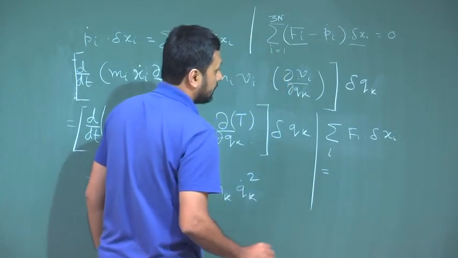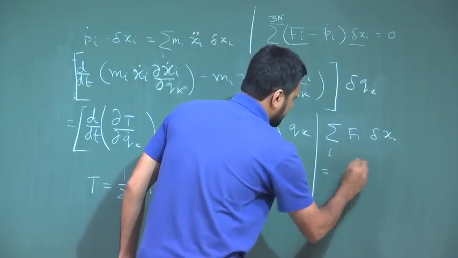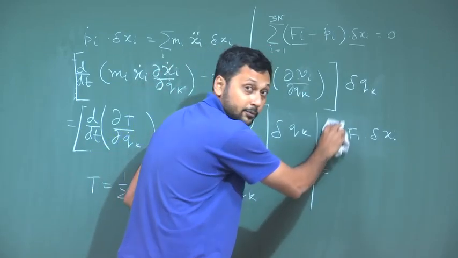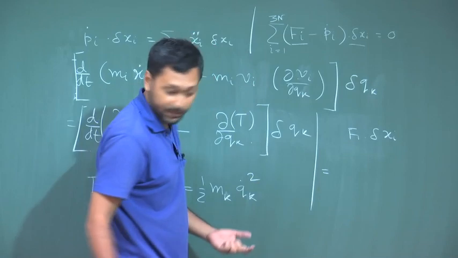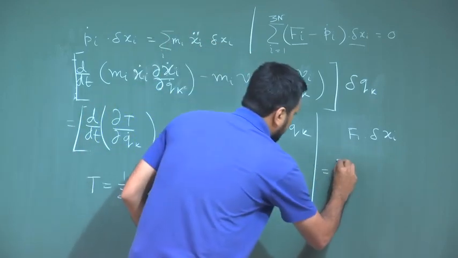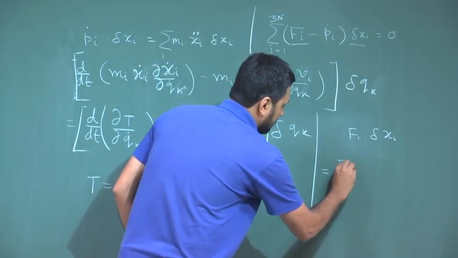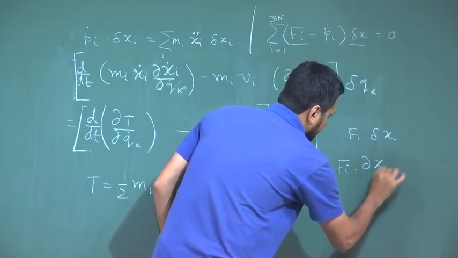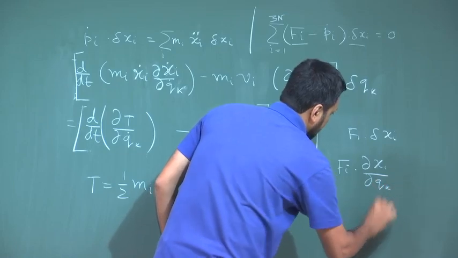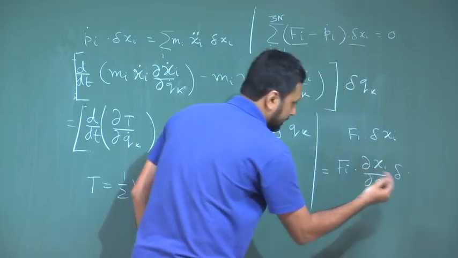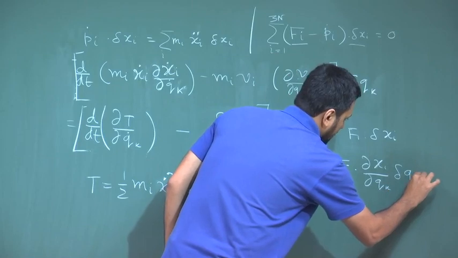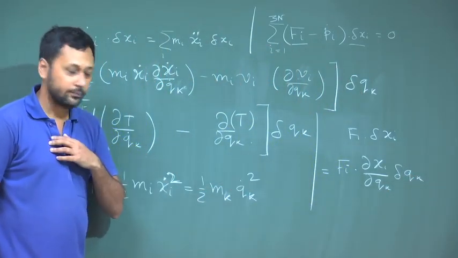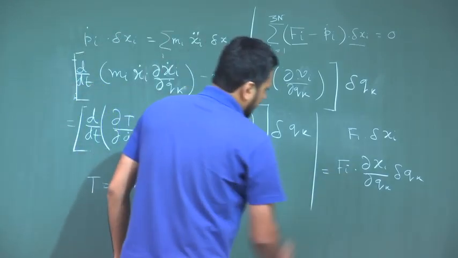These might as well be written just like we did in the previous case. Okay, once again, first let me start by removing this summation symbol here. Fi dot delta xi implies summation. So, we can write fi delta xi as del xi del qk delta qk. Okay, so putting it in terms of generalized coordinates, and fi, if you